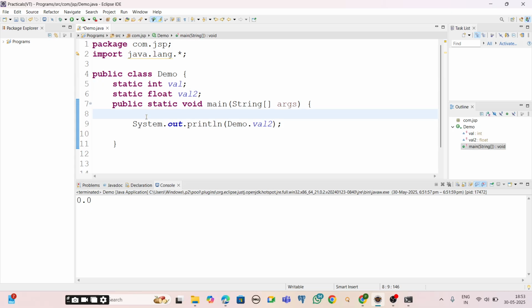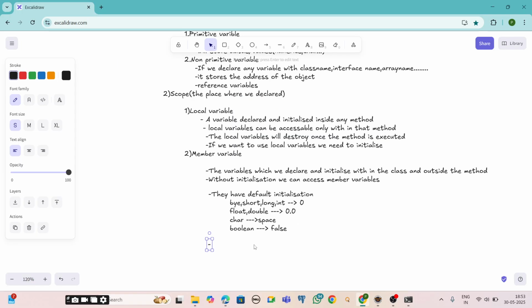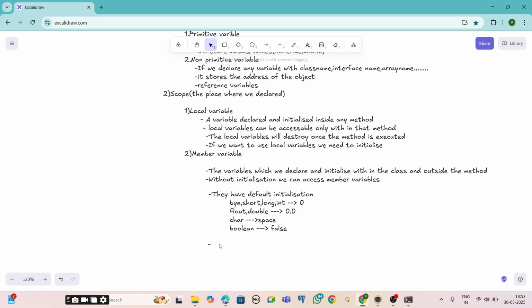Among states, only the member variables are defined as static and non-static. If it is static, we access it with the class name. Otherwise, we create an object and access it. That is the reason I added static here. Static and non-static are not associated with local variables, and we cannot assign them to local variables.